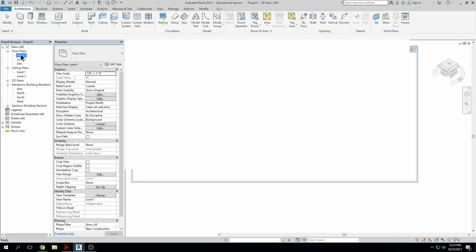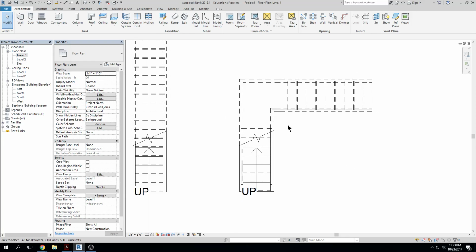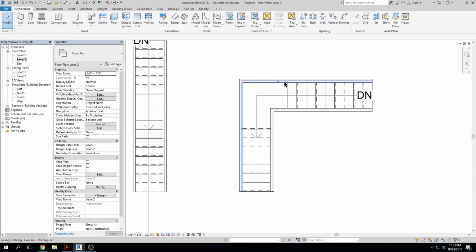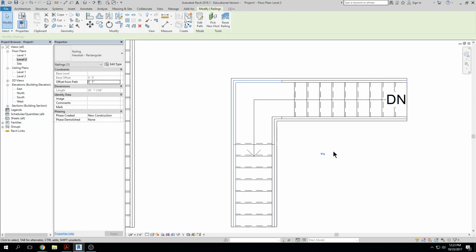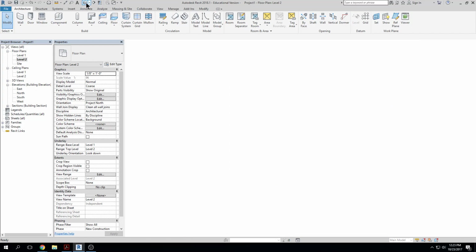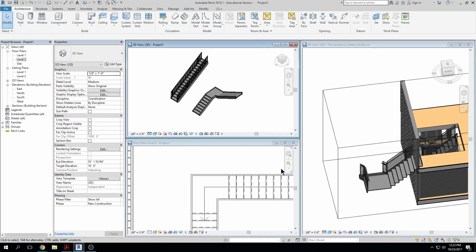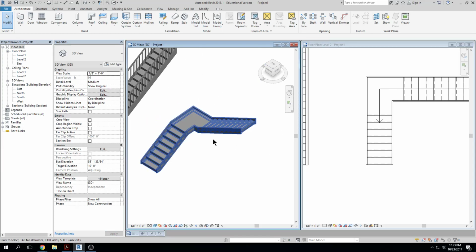So I'm going to go to my main level, and I'm going to show you how we can draw a railing on this stairway. Railings are separate from a stair, but they are hosted on the stair. Okay, I just want to make that clear. And so I can click on that railing and hit delete, and it goes away. Click on that railing and hit delete, and it goes away. So that in 3D,